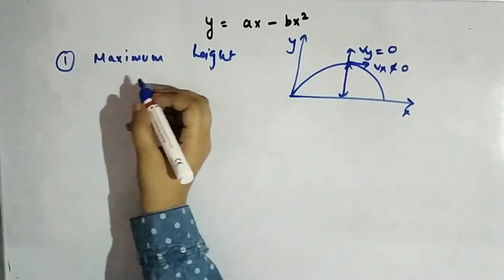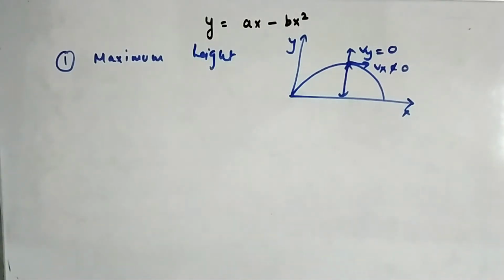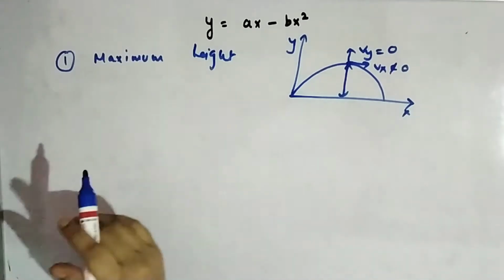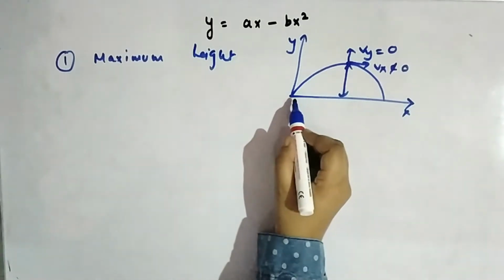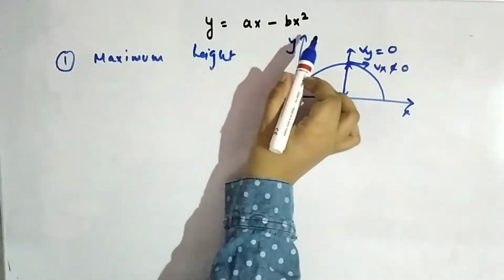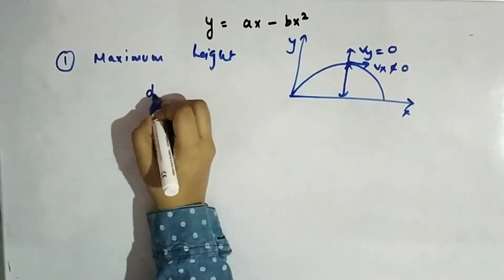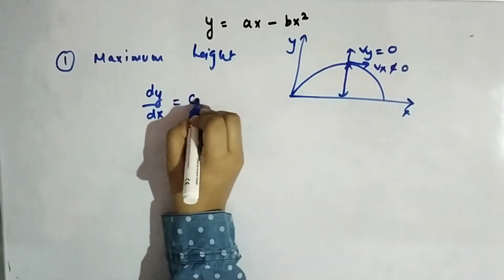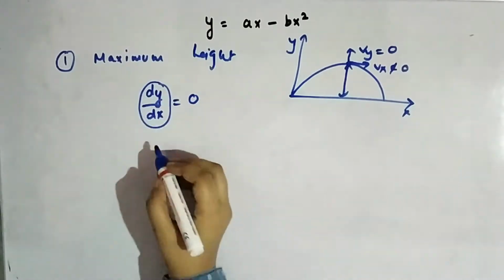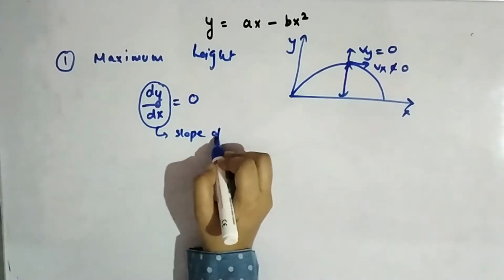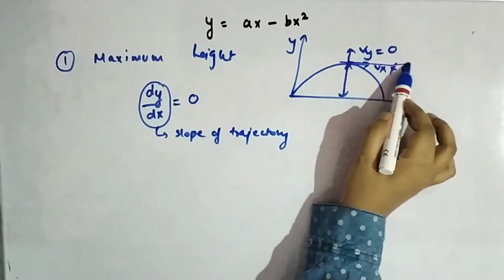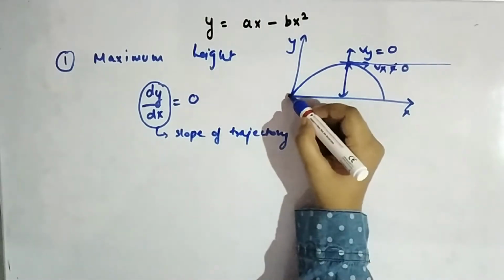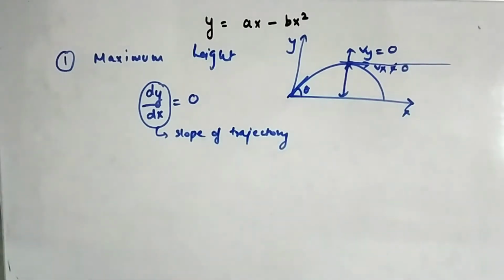We know that in mathematics, when you will be covering some more calculus, you will be seeing that in order to find the maximum of anything, we will differentiate it with respect to the changing component. Here it is x. So the dy by dx at the maximum point is 0. Now what is dy by dx here? This is the slope of the trajectory. Slope of the trajectory is indeed 0 here, right? And the slope of the trajectory is tan theta here.